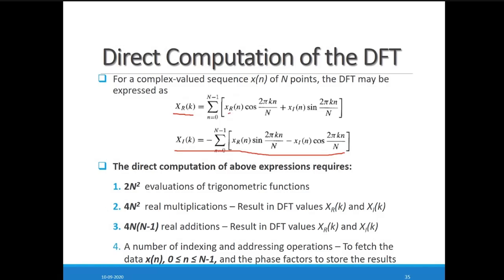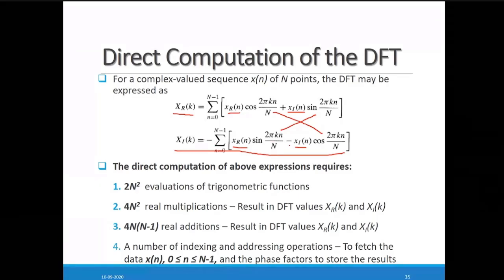So in the first term, the real part is here. In both sequences it is similar, only we are interchanging these terms. Here we are using the cos(2 pi kn/N) term with the real part, and here we are using it with the imaginary part. The sine term we use with the imaginary part here, and with the real part here. And the sign here is plus, positive, while here we are using negative, and here also negative. So only the sign changes and the trigonometric terms are interchanged. This is how you can simply remember this equation.